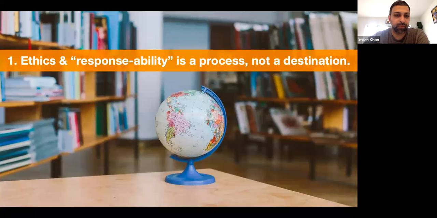So above all else, deliberation is extremely important. And the first part of that is keeping in mind that ethics is a process. It's not really a destination, right? So asking yourself how open data is being used throughout the life cycle of your project is a really good approach. Ethics is not a number of checkboxes that you have to check off. It's more a process, and it's more a way of thinking about how you're actually using data or open data.